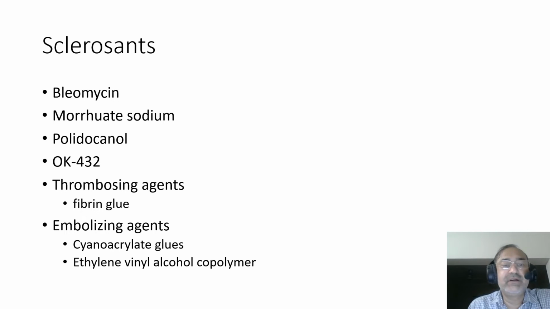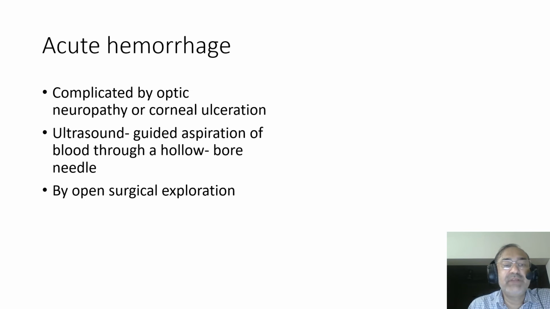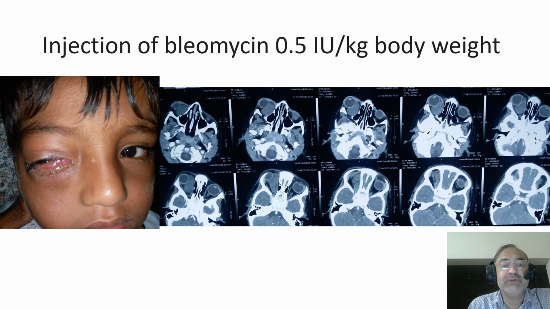Different sclerosing agents are used, including thrombosing agents and embolizing agents, but bleomycin is the most commonly used agent. Acute hemorrhage in the lymphatic malformation can be complicated by optic neuropathy or corneal ulceration. So we can do an ultrasound-guided aspiration of blood through a hollow bore needle, or we can deal with open surgical evacuation. So this was a patient who presented with proptosis, chemosis, redness, lid edema,